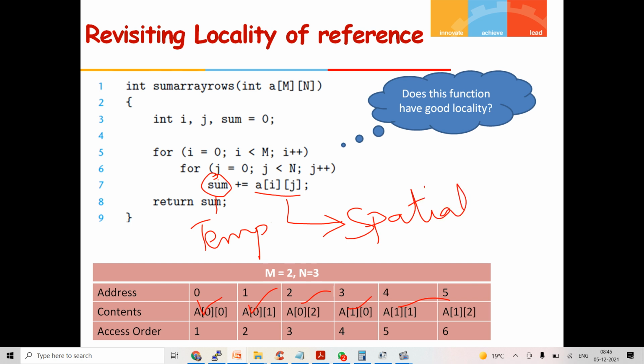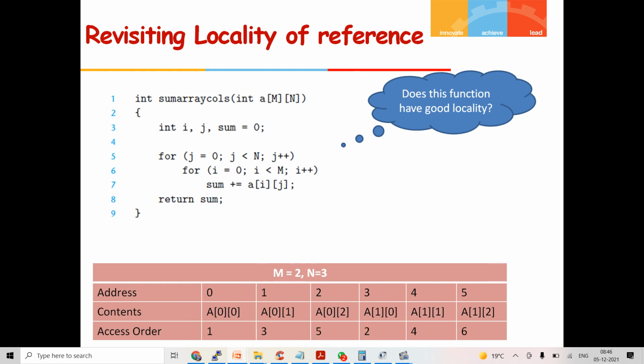What operations is it good for? It is good for cache-friendly code, just like the previous one. Now let us have a look at the reversal of that. Here you see that we have I and the same code, but here J is the outer loop and I is the inner loop, and the array references are like this. So I is going to be referred here, J is going to be the outer reference.